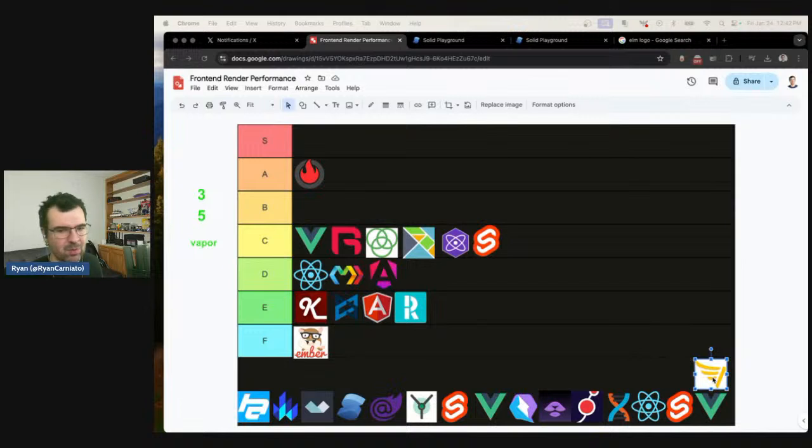This one here is a small one. This one's called Imba. It was made by like the Scrimba people. It was a compiled language, kind of like Elm concept, and they kind of called it out as like the fastest framework. They made this stupid benchmark that Rich ended up using in the Svelte 3 release, where they showed it was like 20 times faster than React. The reality is